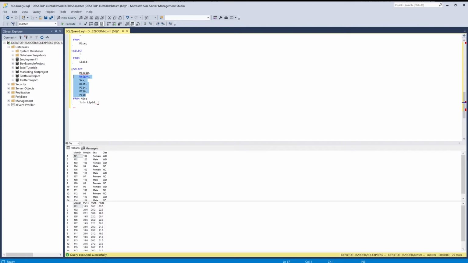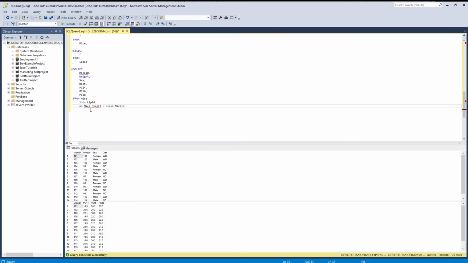So I'm going to pull from this, but how do I combine these two tables? Like, do you want this number to match this number? Do you want this number to match one of these, which it wouldn't? How do you want me to combine them? So we can simply just say on mice ID, and this equals